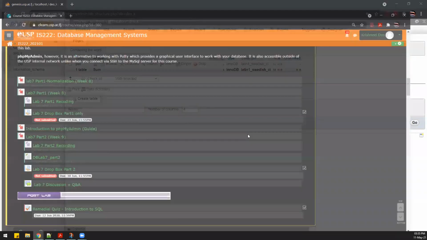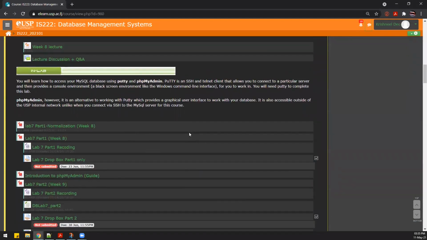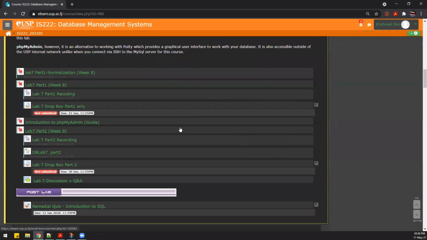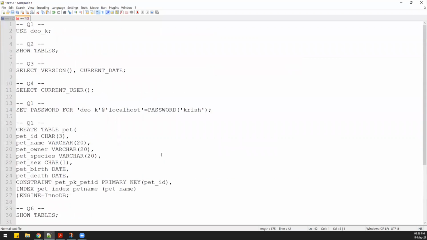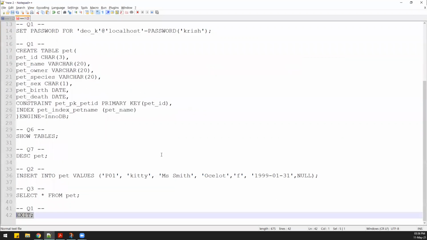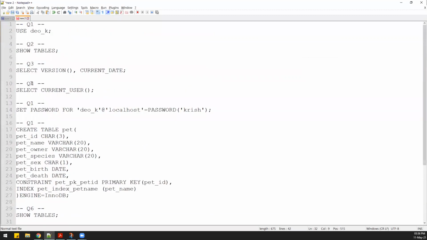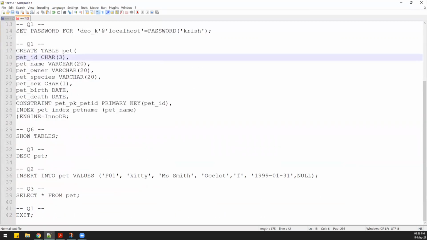Now, as for the submission for this lab, just as we have been assessing your labs in the past 7 weeks, this lab will also be assessed. So there's a Dropbox given just above the lab handout. It says lab 7 Dropbox part 1 only. So you will save all the commands that you have executed on the database, just as I have done in here. So we have about how many? 1, 2, 3, 4, 5, 6, 7, 8, 9, 10, 11, about 11 commands. You will roughly have about 9 to 13 or so commands.